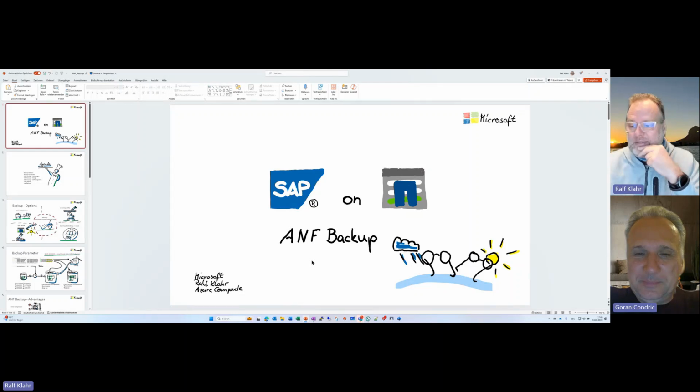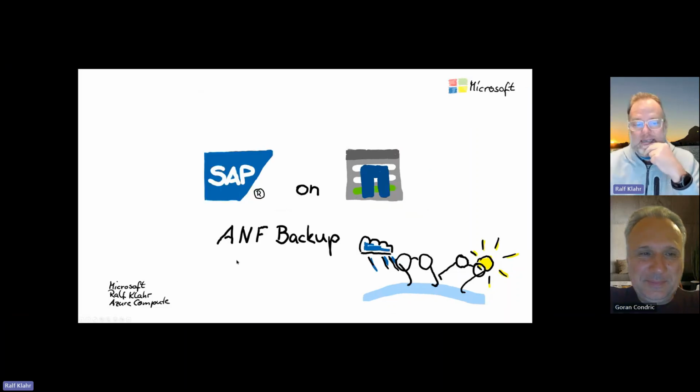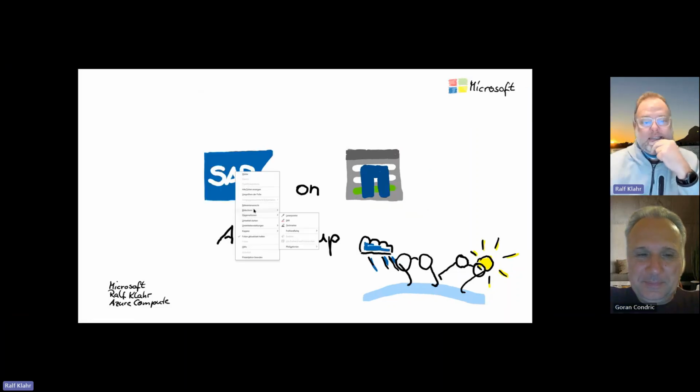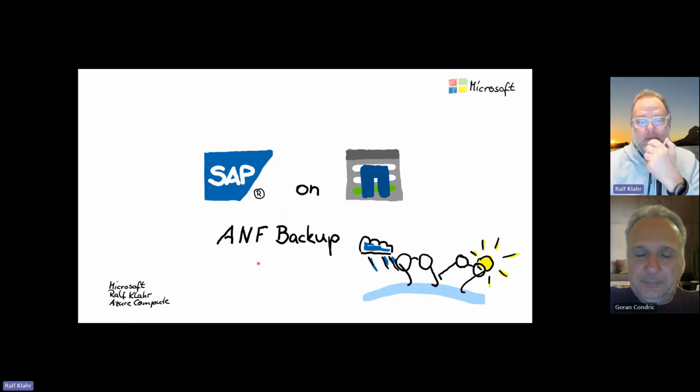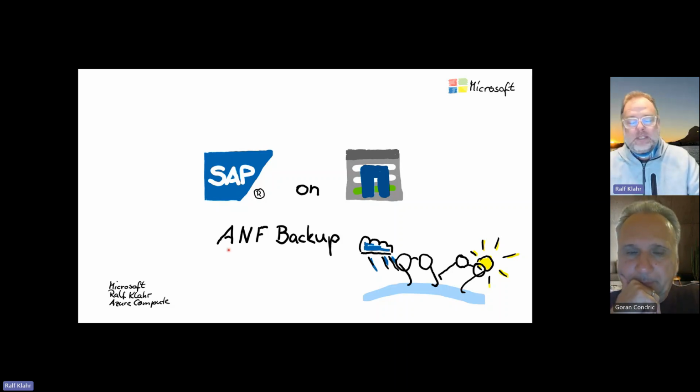So let's start here. The presentation mode is probably better, right? And I would need a laser pointer for sure. The general topic is ANF Backup, because ANF Backup is at the moment in public preview. I think ANF Backup has some very important advantages for backup, especially for very large databases.